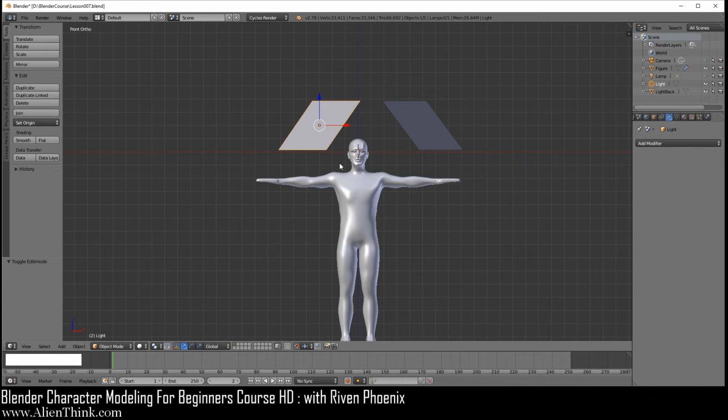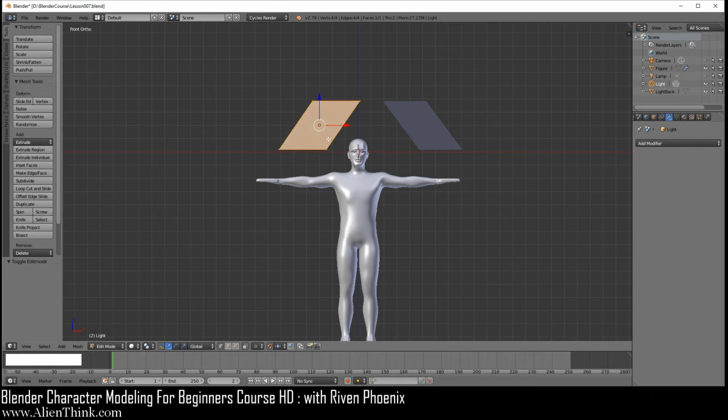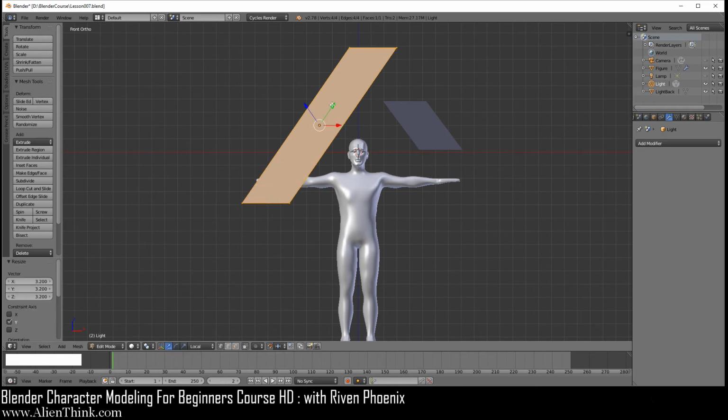I'm going to go ahead and press the tab key to go into edit mode. And what we want to do is scale this. Okay, so we're going to click on the local axis. So if you do local, it shows you that because you have rotated, you can scale this on the Y axis over here. Remember, the green is the Y. If I do scale and then on the Y axis, I have to press Y 2 times. You'll see that it now lets me scale this on the Y axis over here. And now I can also just select this Y axis and make it go down like this.